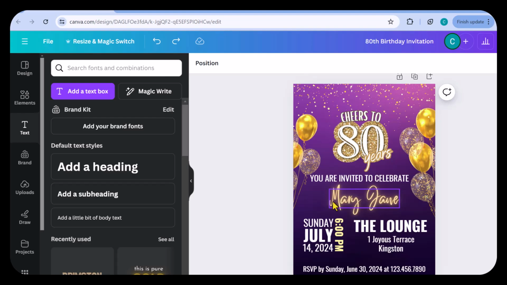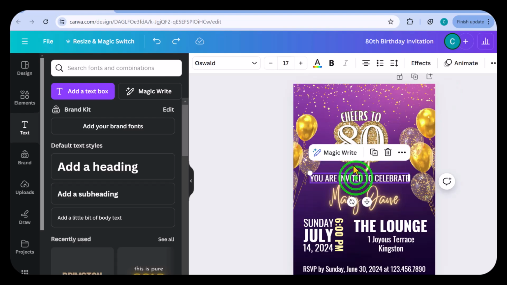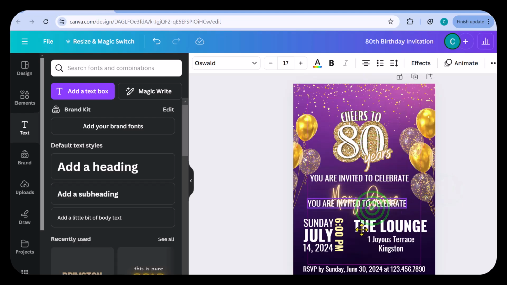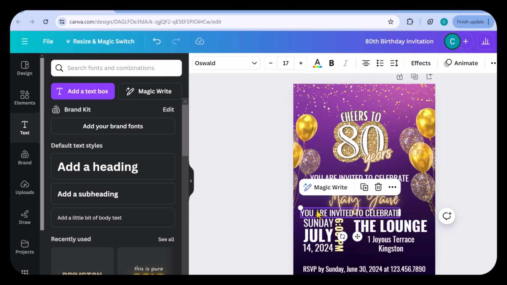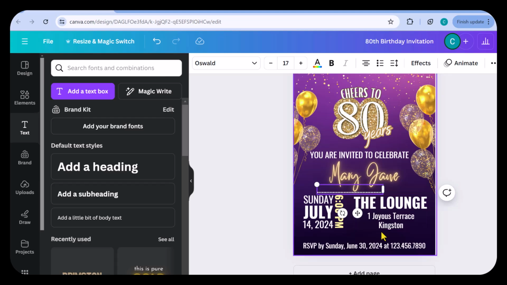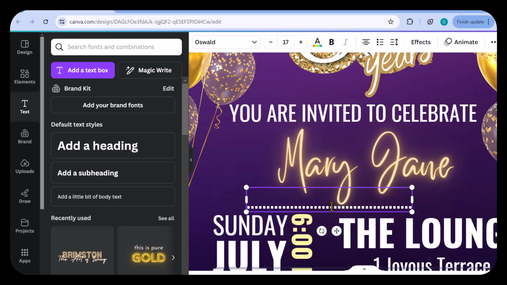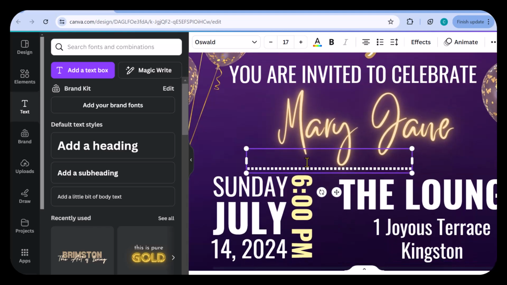The next thing that I will do is to create separators around the date, time, and location. This will be achieved by duplicating the text box for "You are invited to celebrate", and I will position the text box above the date and time. With that, I will replace the text with full stop, and that is by clicking the full stop key or period key on the keyboard. I'll zoom here to show you that the full stops are in the shape of a square.